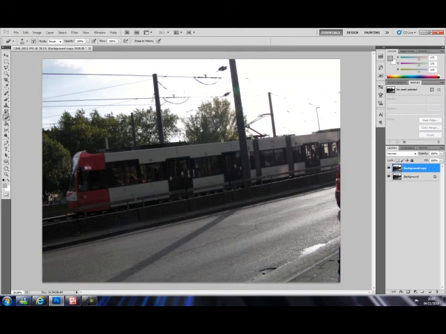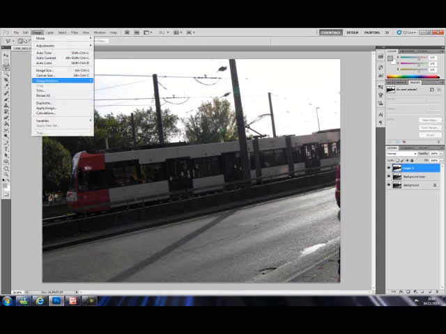And we want to find the area that we want to be reflected in the ground below. So this will be everything this side of these barriers here. So just select them like this. This picture is a train, obviously. I took it while I was in Germany on a school trip. So we've got that image, and now we want to